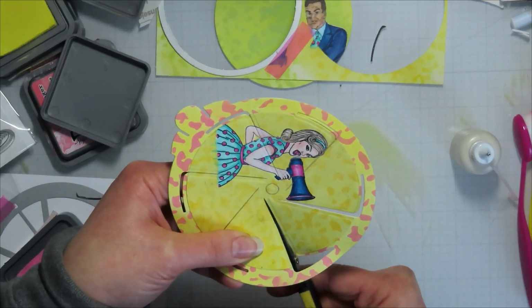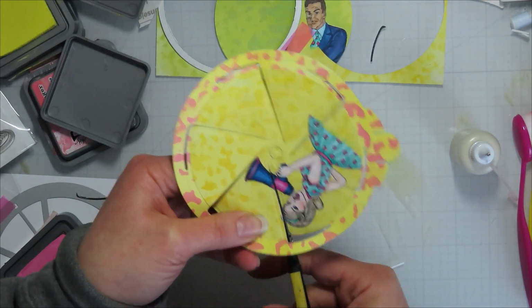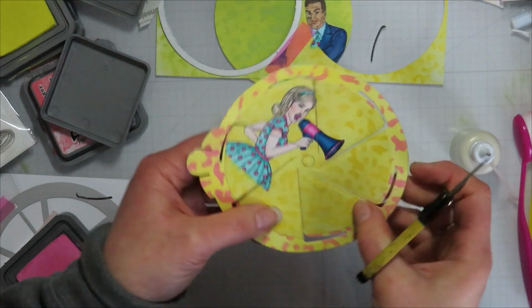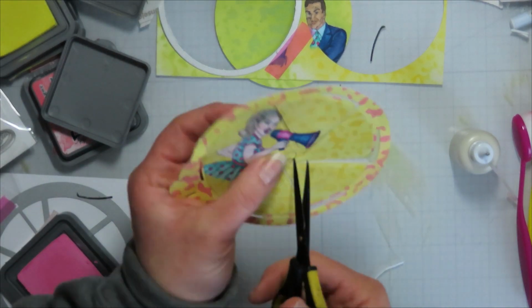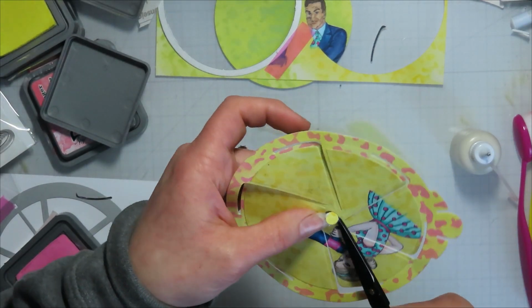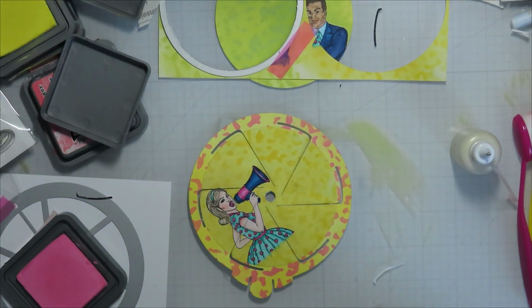It was really thick to start with, so I knew that I might end up having to cut. So I did end up, it cut pretty good. I was kind of surprised. But I just wanted to clean up those lines a little bit more. I didn't want to have tears in them at all. So I did come in with my scissors here and had to do a little bit of interactive surgery. I do a lot of interactive cards, so